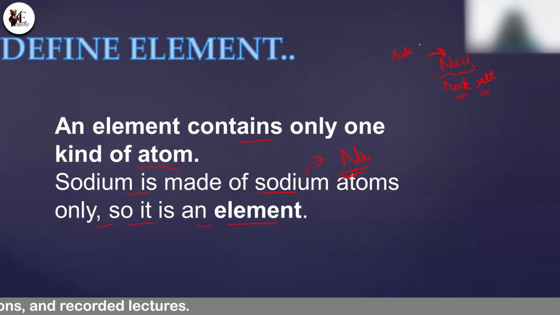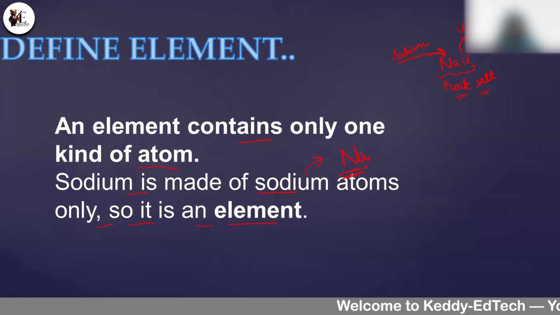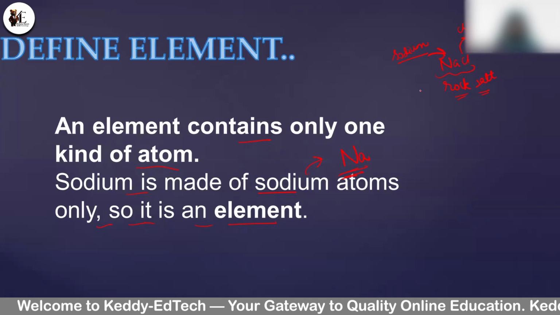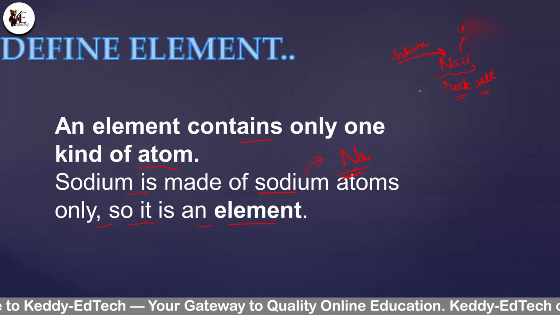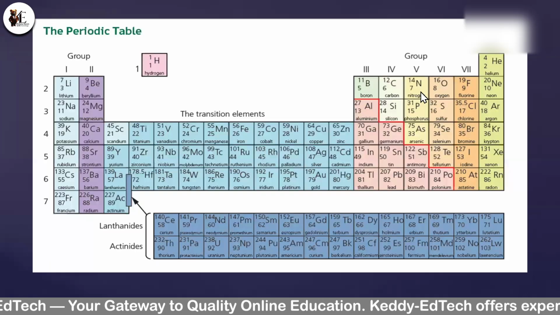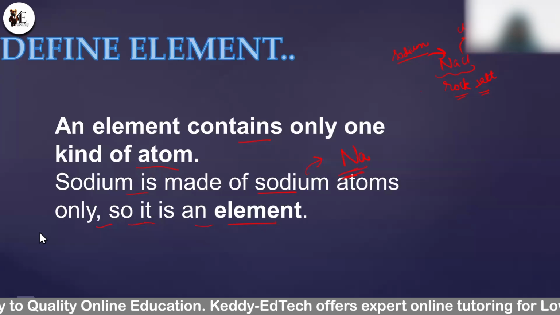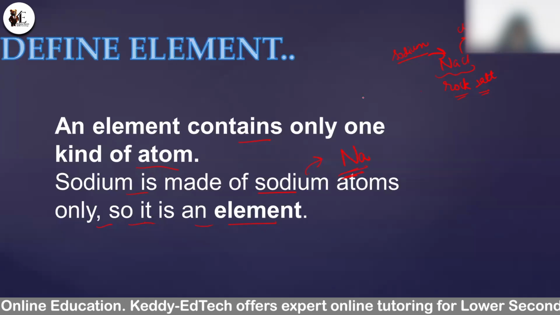So it can be salt. Yes, it is a salt, of course. So Na is sodium and Cl is your chlorine. So sodium and chlorine, they react together, form a chemical bond and form sodium chloride, which in the common language you call rock salt or common salt. Okay. The chemical formula of water is what?